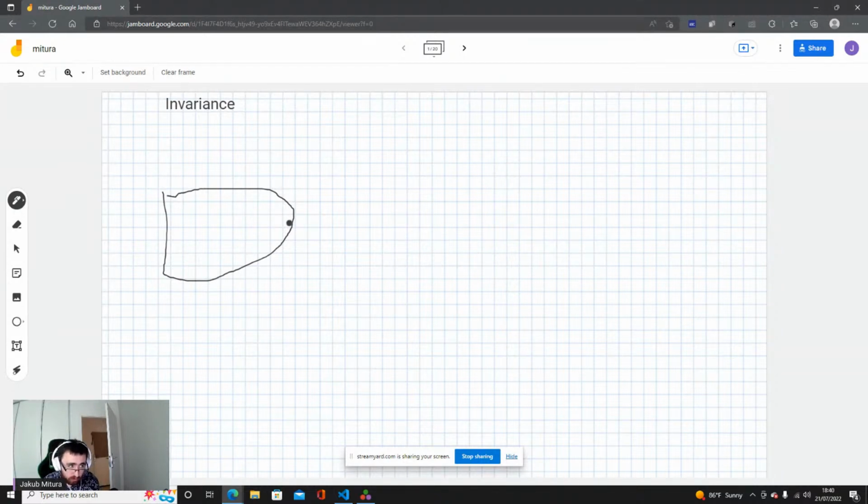It should be invariant to translation. Basically, convolutional neural networks are invariant to translations. It should be invariant to some rotation, usually. It's not always the case, but usually.